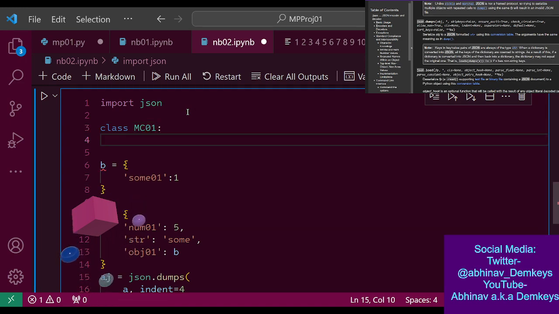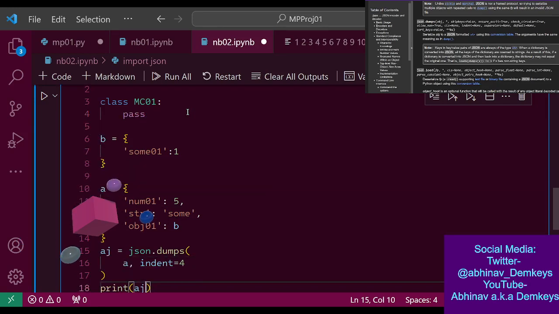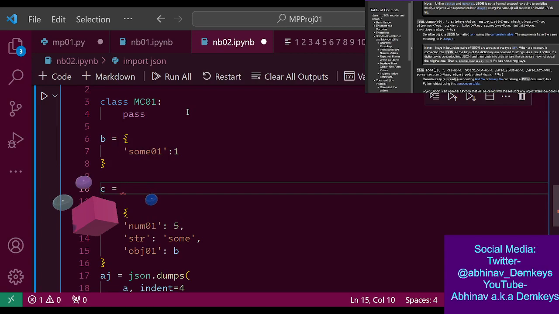I forgot how you create classes in Python. I mean, I can just do pass, right? And then I can give whatever. So we can do C equals mco1,